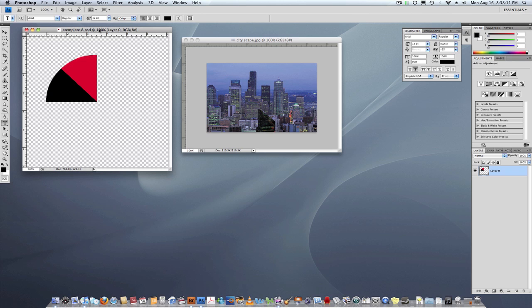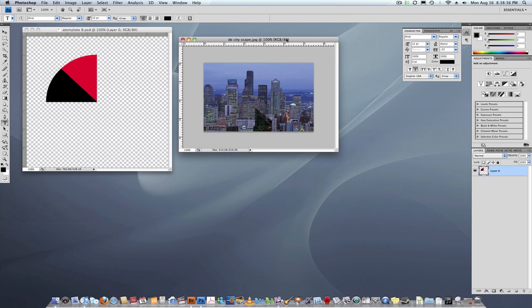Okay, the first thing I've done is I've opened up the template 8.psd, and that's in the student folder. So if you go to resources, art, mandala, and open the images folder, inside the templates folder is the template 8.psd. What I've also done is opened up an image as well, and I've chosen the cityscape image, just because I think it has some interesting shapes and interesting lines as well,